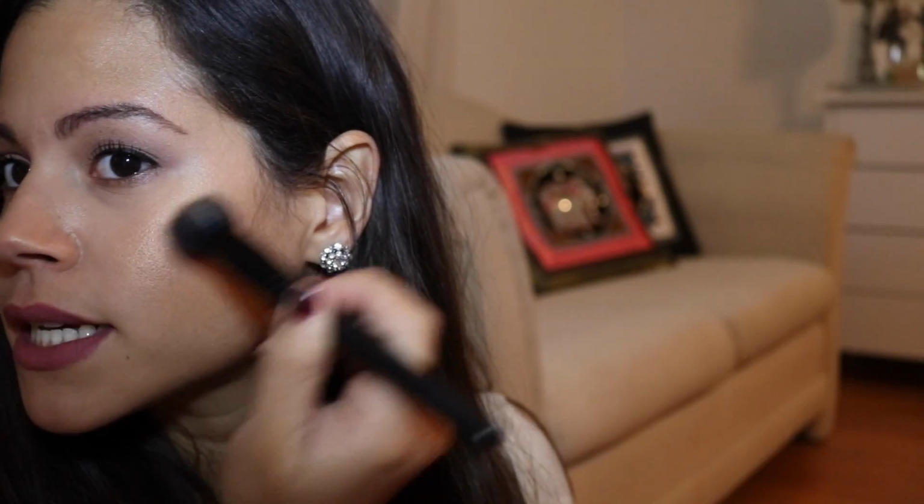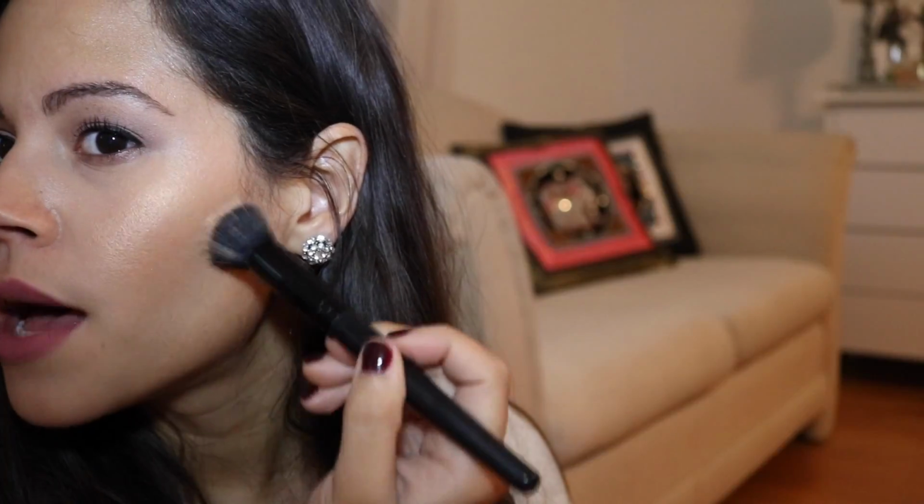I don't rub it in because I feel that it kind of just spreads the product everywhere. But I just kind of tap it in on both sides, and I'm ready to go. Love this. Okay, so the next two, next three eye products, but I'll talk about the first two because I